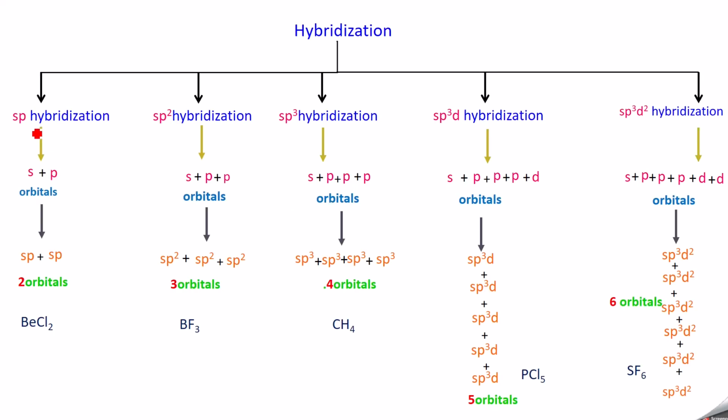Last video we started with hybridization. Hybridization is nothing but the intermixing of atomic orbitals. This hybridization theory is introduced to explain the bonding nature in covalent compounds. So, in the last video we discussed sp, sp2 and sp3 hybridization, where only s and p orbitals are involved. In this video we are going to discuss sp3d and sp3d2 hybridization. Here, along with s and p orbitals, we have d orbitals also.